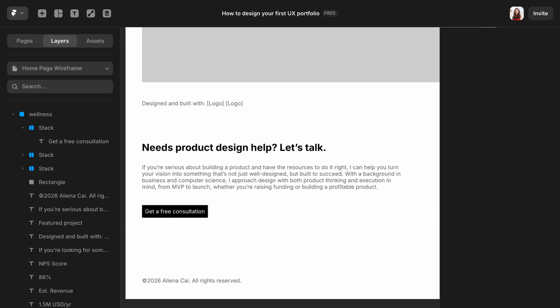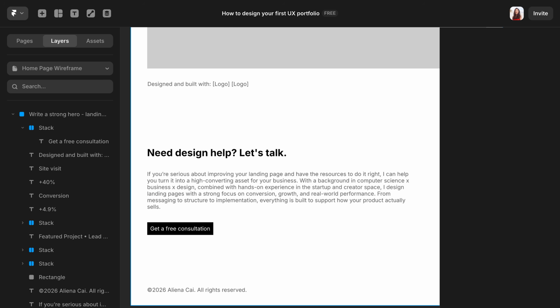Here are some examples. For this app design version, my main call to action is book a free consultation. The button will link to a free Google form, or you can just build a built-in Framer form. I like to say book a free consultation because it highlights the benefit from the client perspective. The clients are going to get real feedback from me, regardless of whether they want to move forward with a paid collaboration.